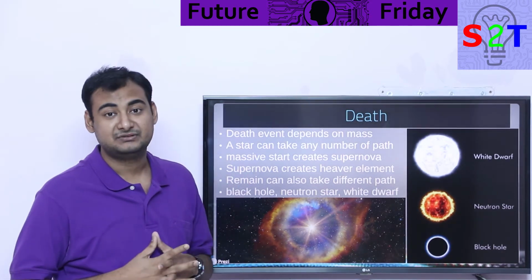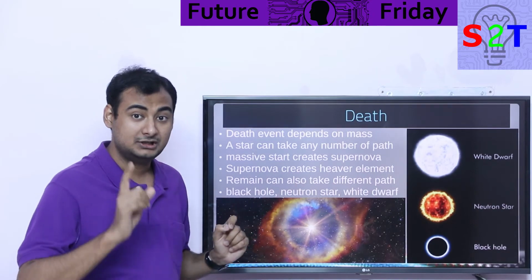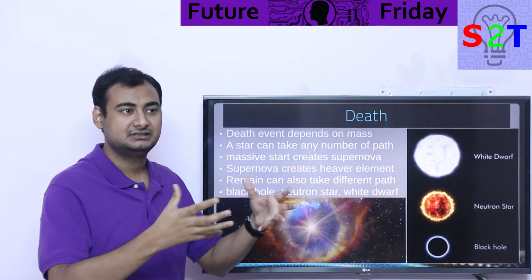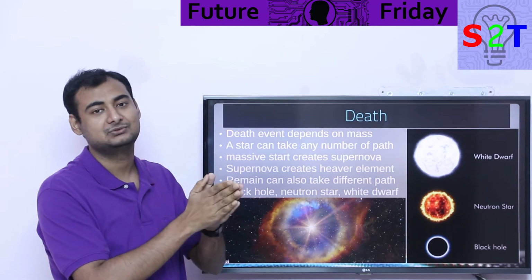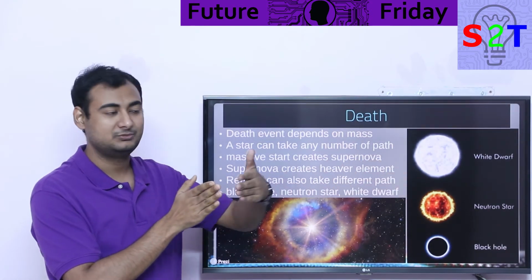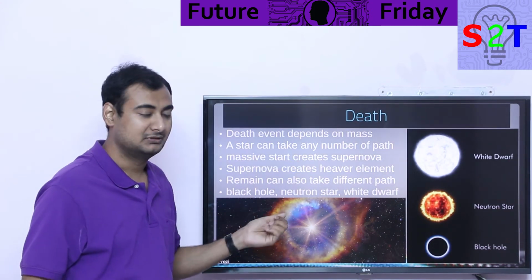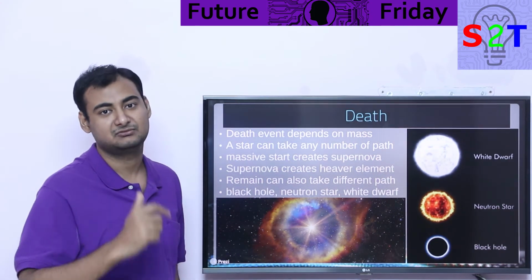So massive, what happens when you have something massive? It creates a supernova. Now the supernova is such a high energy event. It releases more energy in that instant compared to the whole lifespan of the star, which could be glowing for millions of years. Let's say the total energy output is 1 gigawatt; one supernova in 1 second will create 1 terawatt.